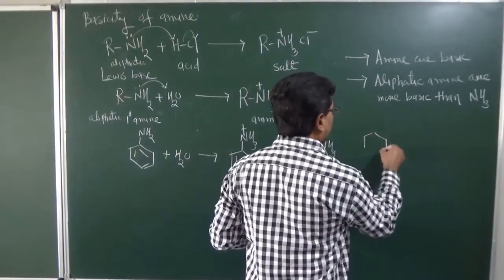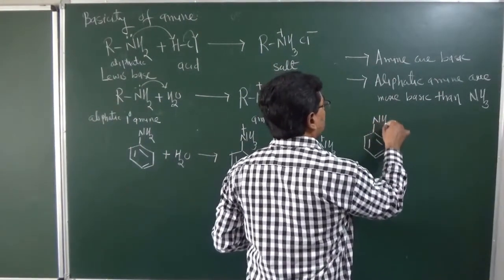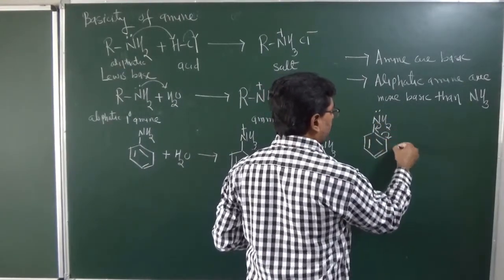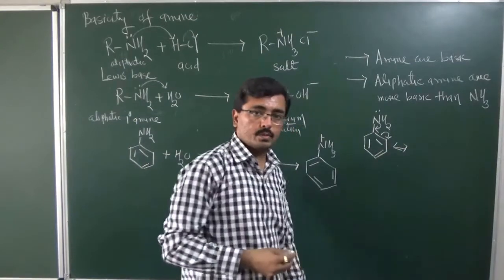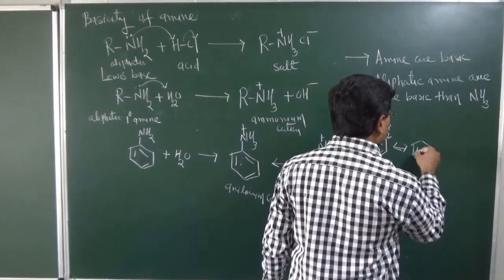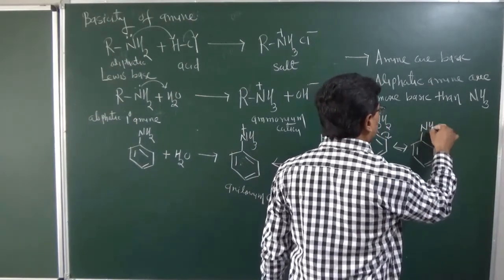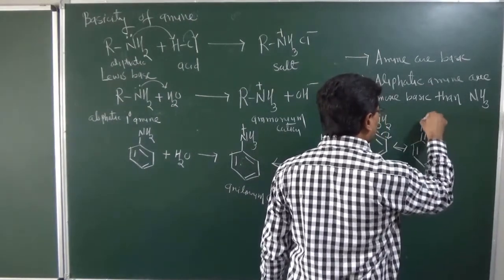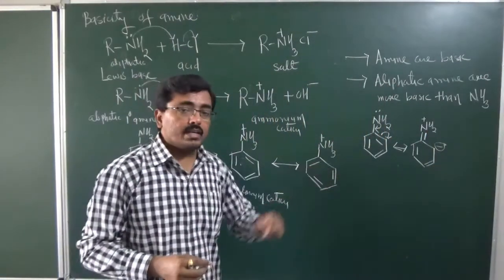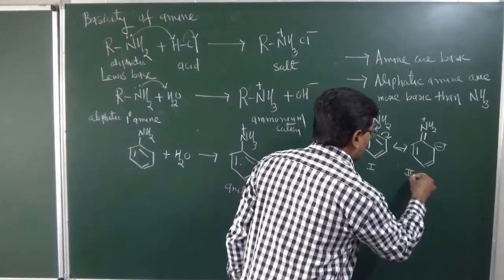When we take aniline alone, the nitrogen of aniline donates its electron pair to carbon, and this electron pair will shift to the ortho position. When it shifts to the ortho position, we get this type of resonating structure. These two double bonds remain as they are, and here we have a double bond, positive charge and negative charge. So this is the resonating structure of aniline. This is the first structure. Now this is the second structure.